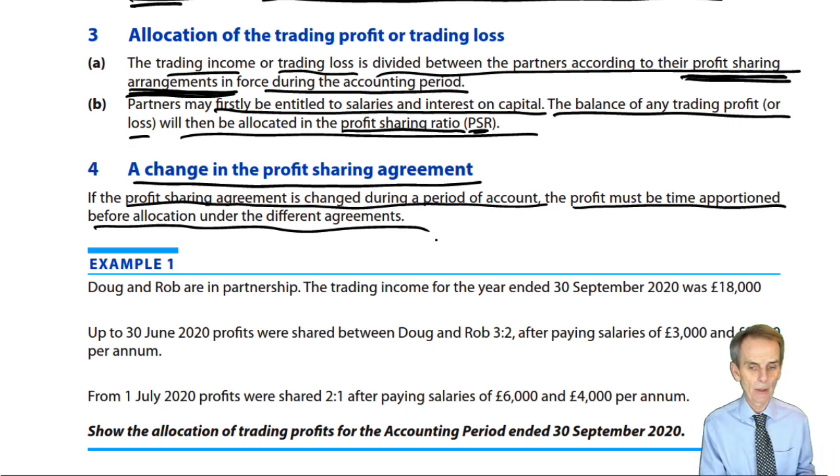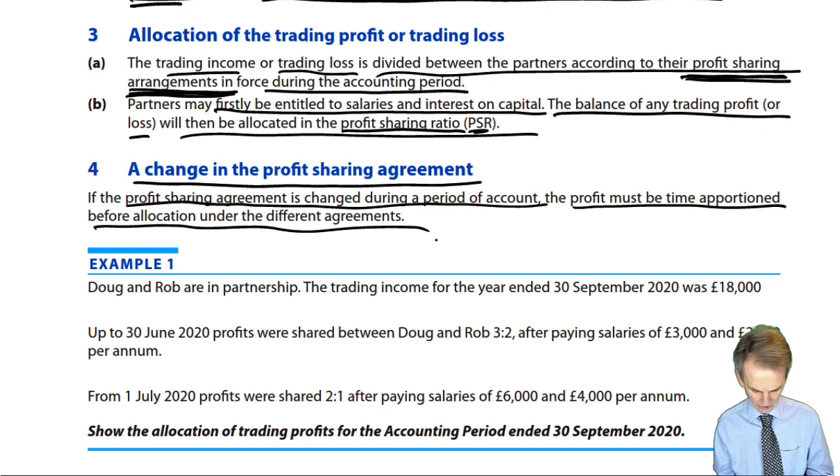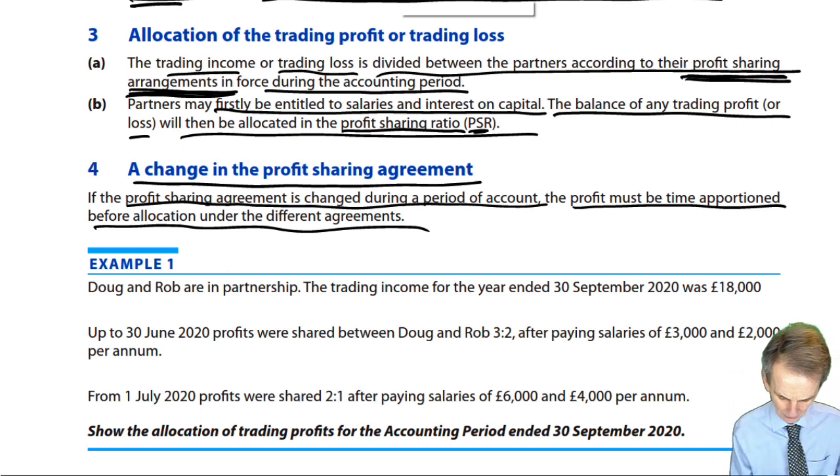Now, in a Section A question, there's a limit to the amount of time that you would have available, and therefore there's a limit to the number of partners you're going to have to deal with and the complexity of any profit sharing agreement, both old and new. So again, it will be time constrained, but what we have to ensure that we do, whether it's Section A, whether it is Section C, in Section C you would of course be showing all of these workings. We need to be structured in our approach if we're going to get the right outcome at the end of that exercise. So before I leave you to do example 1, let me take you through an example now,